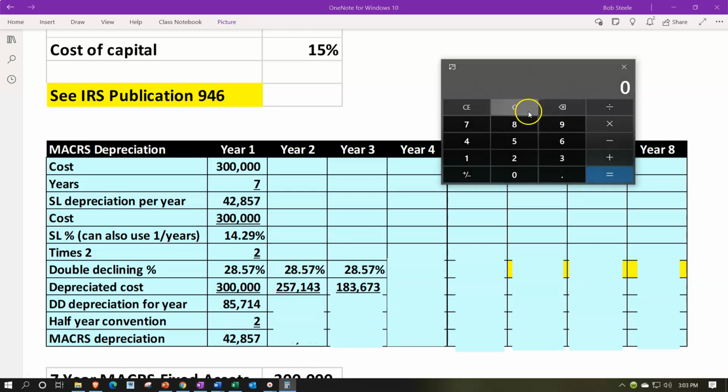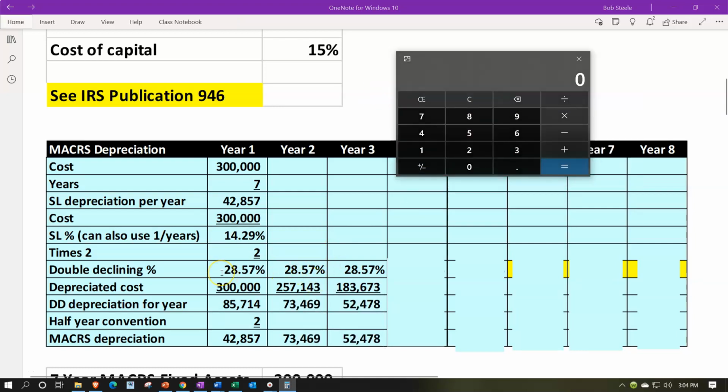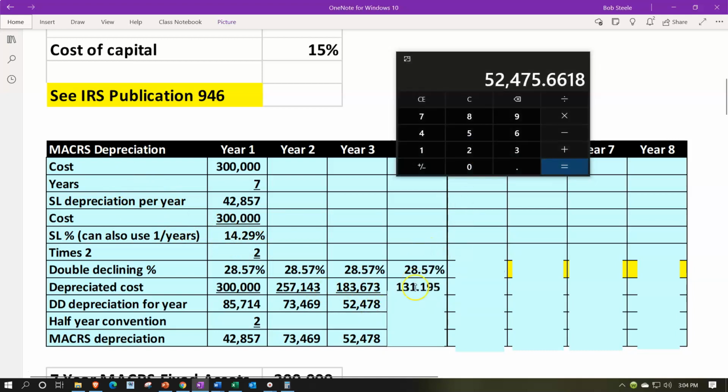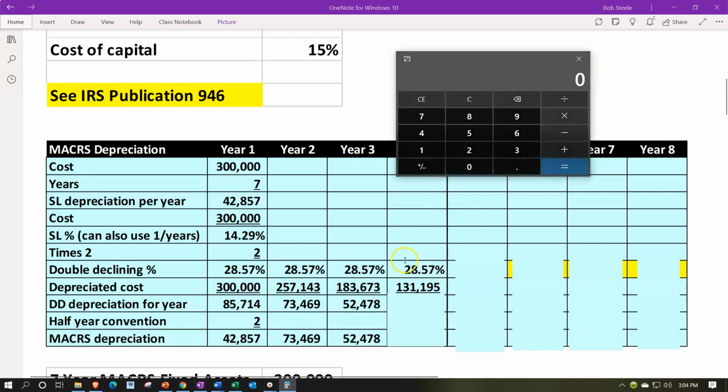So then if I take where we were last time, the 257,143 minus the 73,469, we get the 183,678 times about 0.2857 gives us about 52,478. Again, difference due to rounding. Continuing on to the next period, we're going to take the amount of where we were before, the 183,673 minus the 52,478. That gives us a cost minus accumulated depreciation of